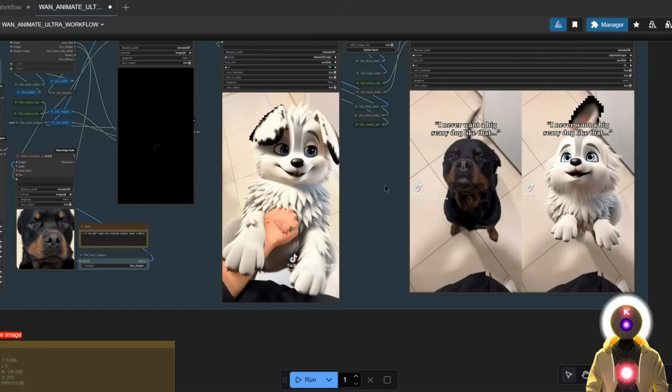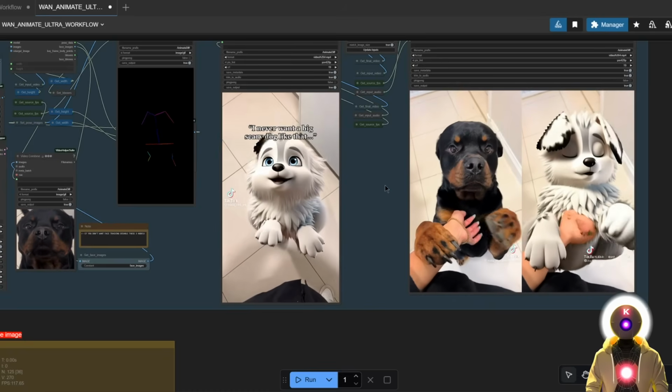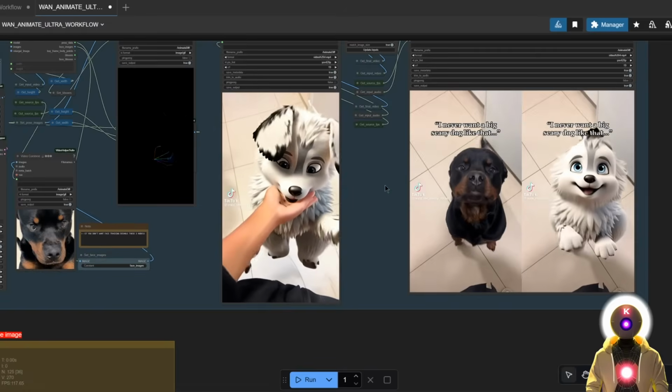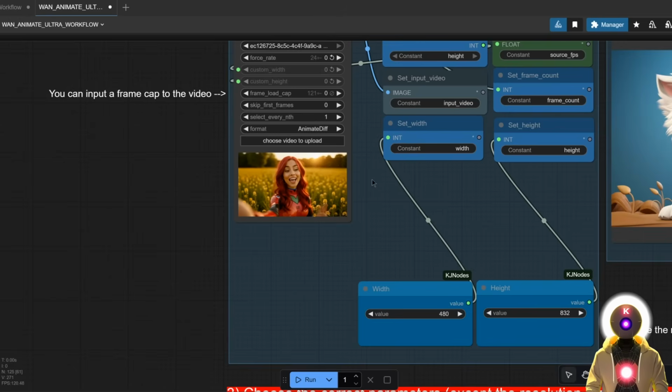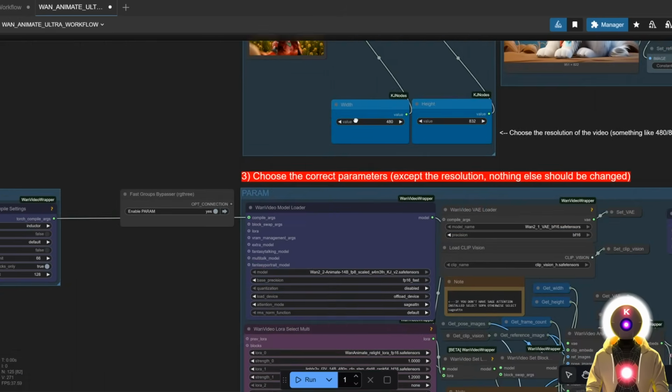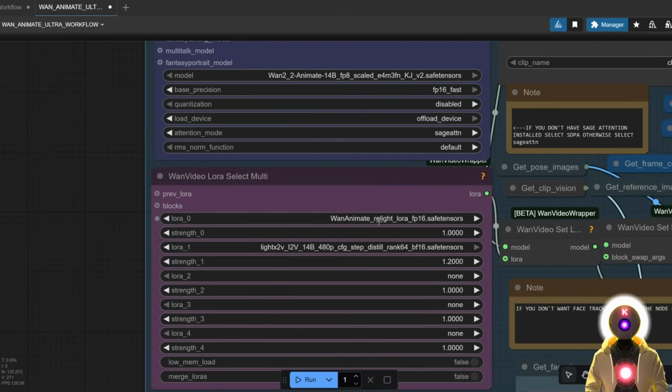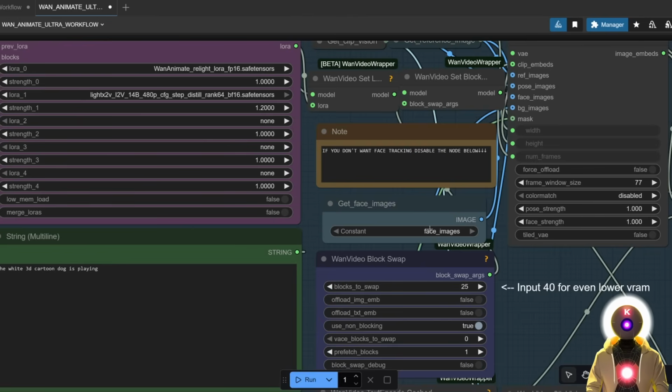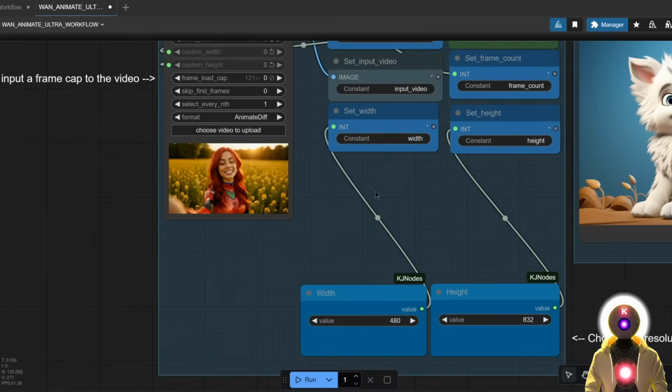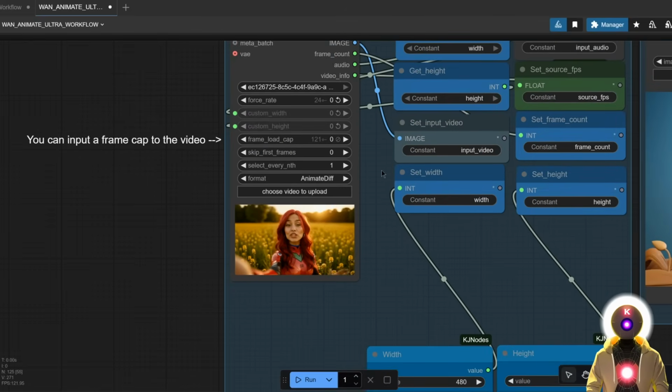I mean, once you really use it correctly, really the sky is the limit. It is really good. Now, another thing that I also need to show you is the One Animate relight LoRa as well as the face image node. So, for example, sometimes you want to replace it with another character that doesn't have a face, like